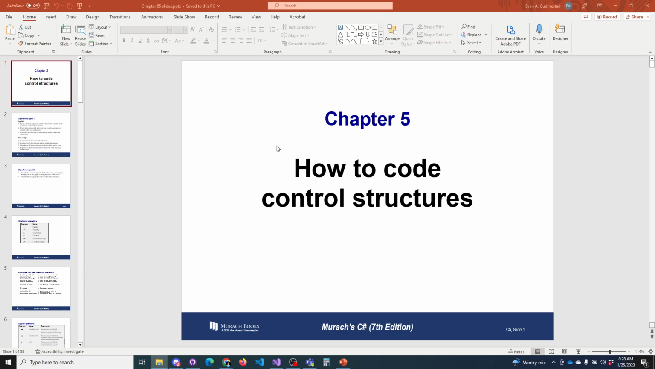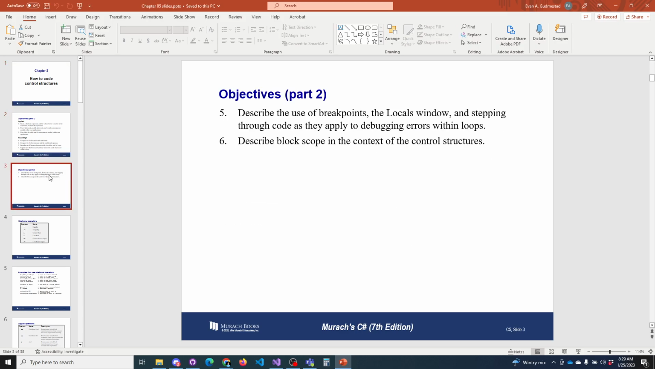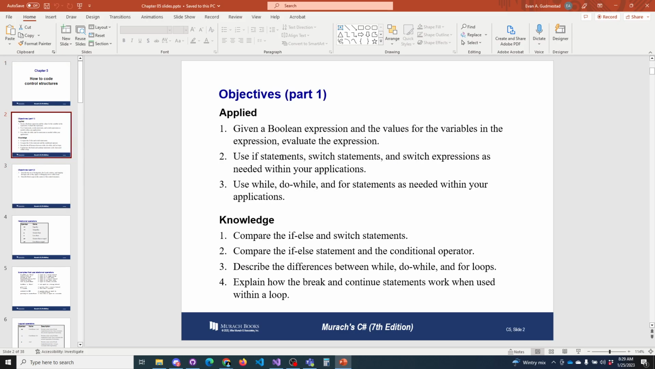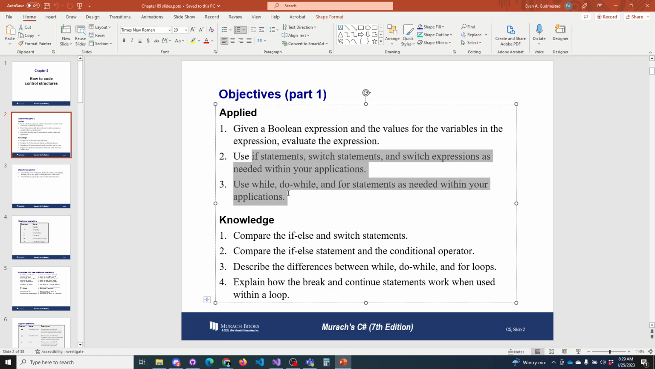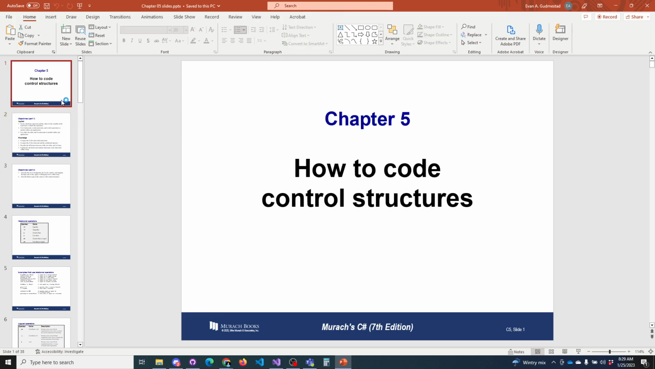Chapter 5 deals with what are called control structures. And so, what that really means is if statements. And we're going to get into if statements and what are called switches, as well as some loops. And so, control structures,